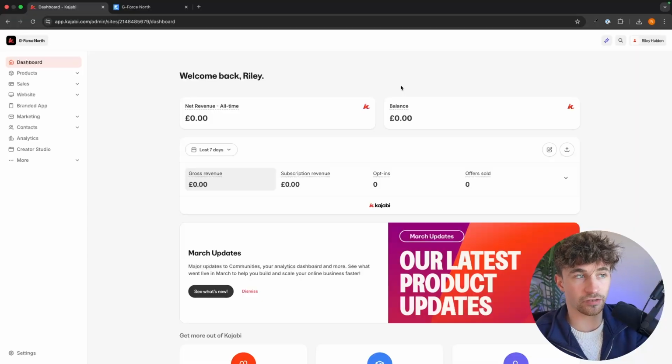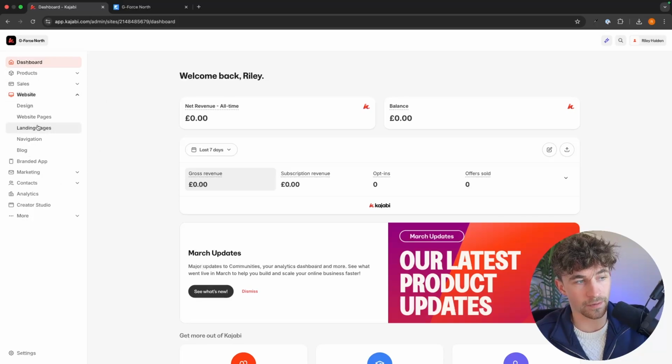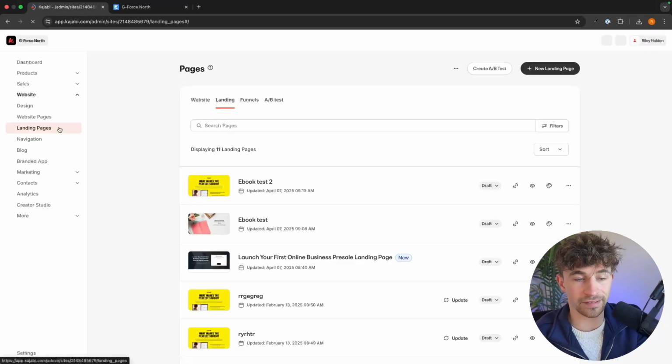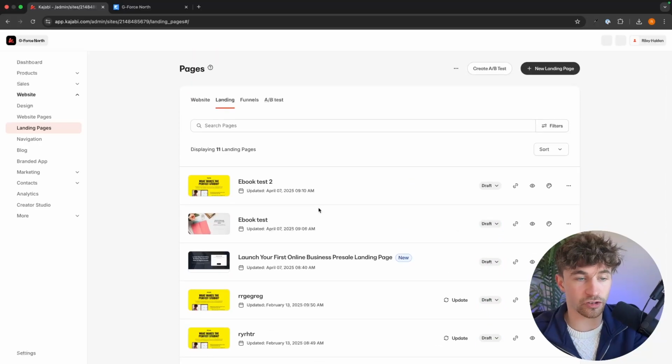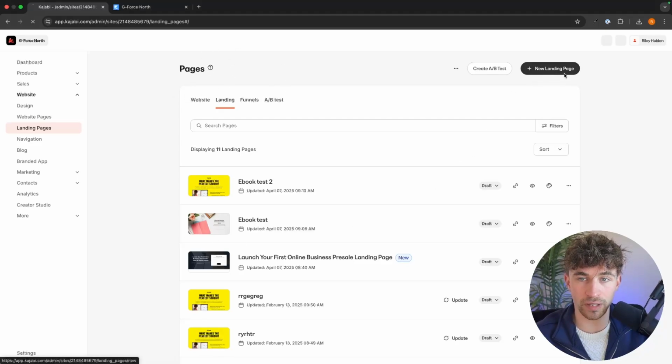So jumping right into this, to create a landing page on Kajabi, what you want to do is first of all log into your Kajabi account, and then in here we want to go over to this left hand side menu, go to website right here, and then we are going to click into landing pages. Now, this is just a demo account, so as you can see, I have a few things in here, but if you are brand new to Kajabi, you shouldn't see any landing pages created yet. So to create your first landing page, all we are going to do is click on new landing page right